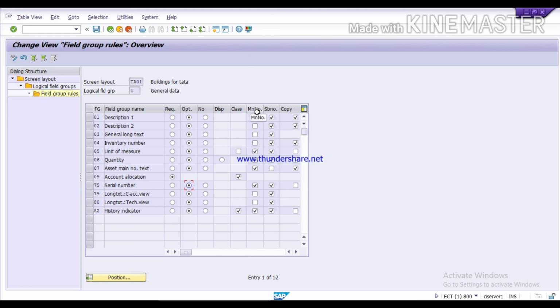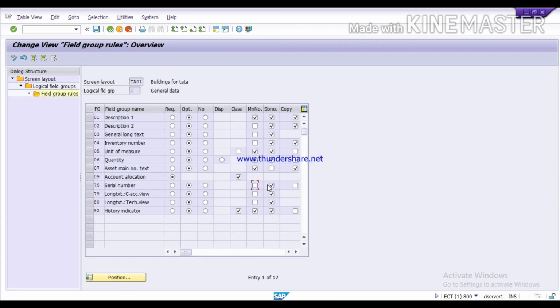Like at the time of main asset number creation, you want this field to appear, so you can click on here. Second is at the time of sub ledger creation, if you want to see this optional field, you can click on it. Or third option is at the time of copy the asset, you want to see this field, so you can click on here. So here you have an option to select the levels, at what level you want to control this field.